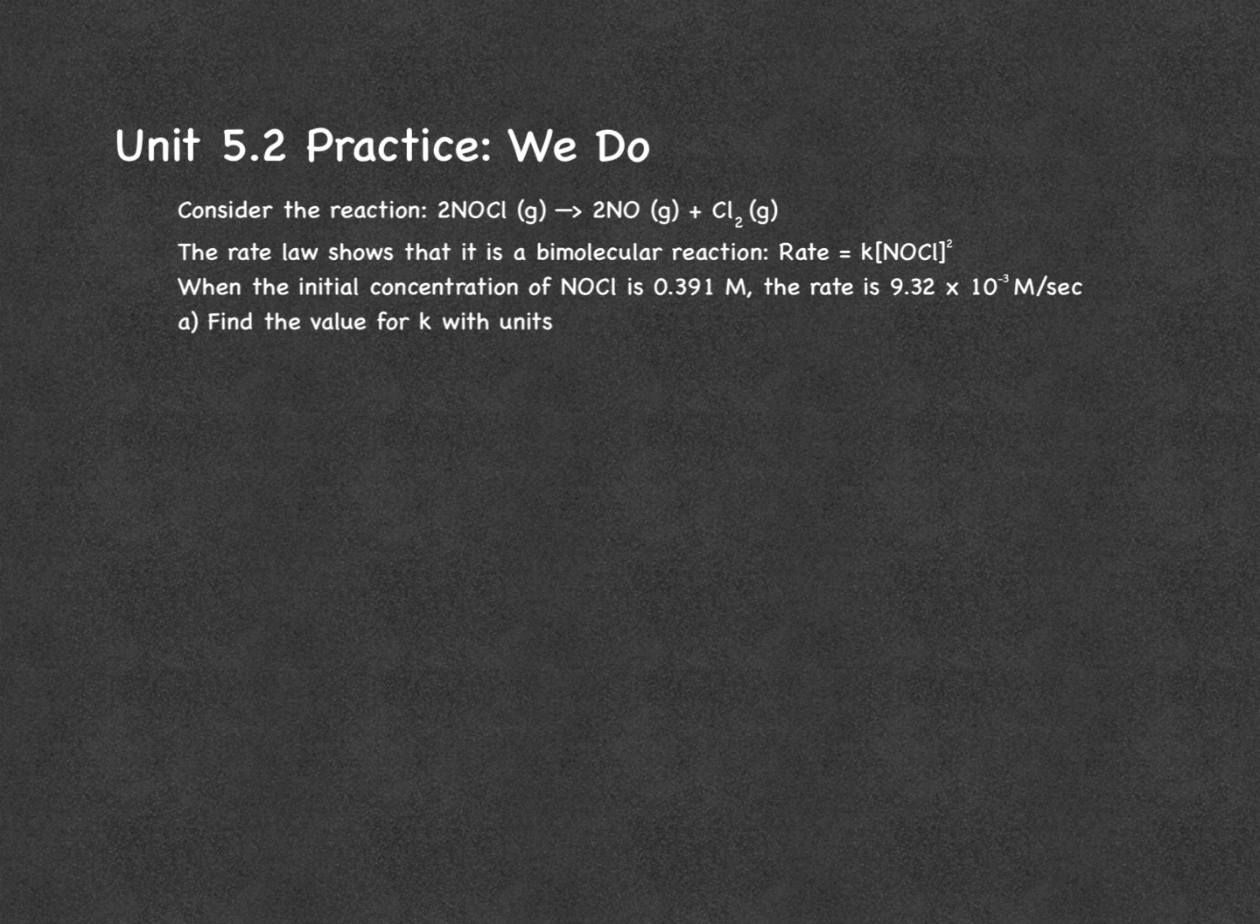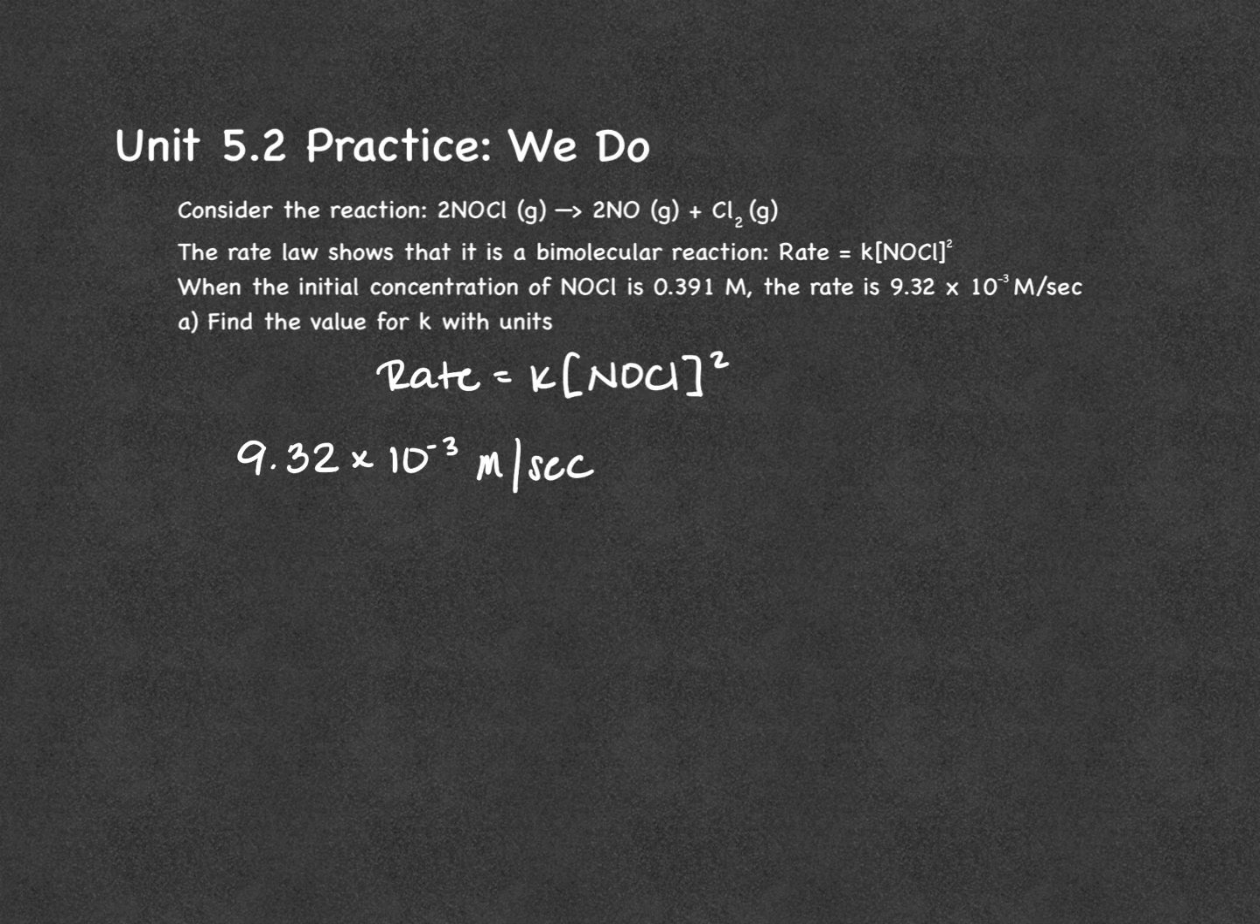So they've told us that our rate is equal to K times the concentration of NOCl squared. And they've given us values for both the rate and the concentration of NOCl. So we're going to plug in 9.32 times 10 to the negative third molar per second for our rate, and we're going to set that equal to K, because that's what we're solving for, times our concentration of NOCl, which is 0.391 squared. So now when we solve for this one step at a time, we'll have 9.32 times 10 to the negative third molar per second equals K times